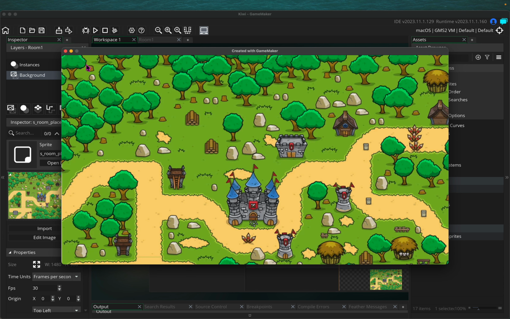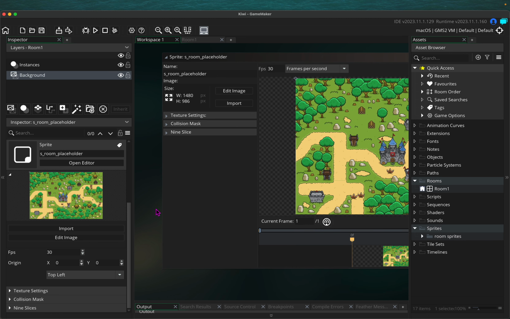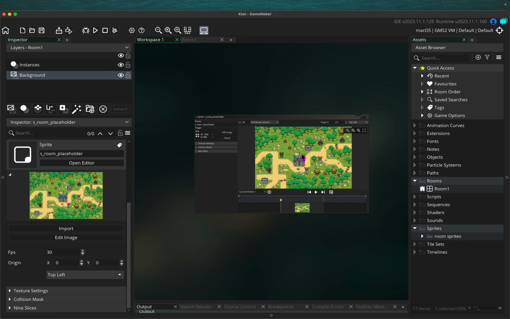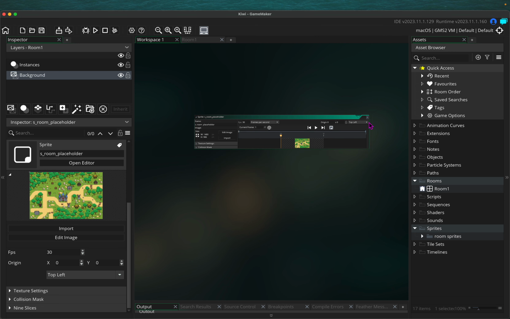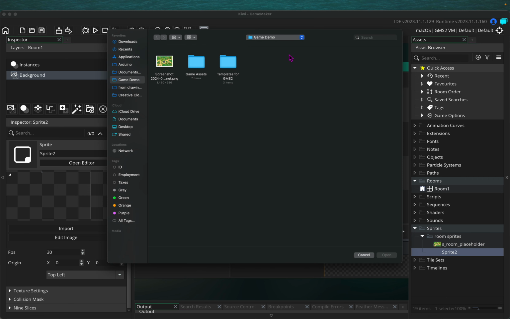So we're going to build out our own custom backgrounds, to have like moving grass or water, but that's going to be in a later video. First, I'm going to zoom out just a bit, and I'm going to close the sprite. I don't need it anymore. Then I'm going to go over here, the right side, the asset browser, and press create asset, sprite, create, and I'm going to import